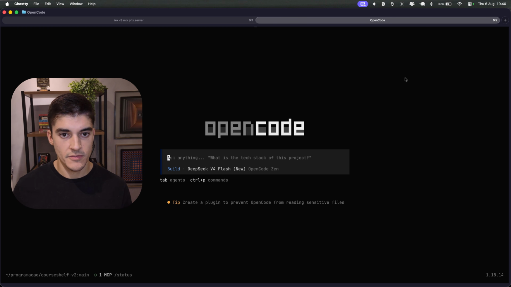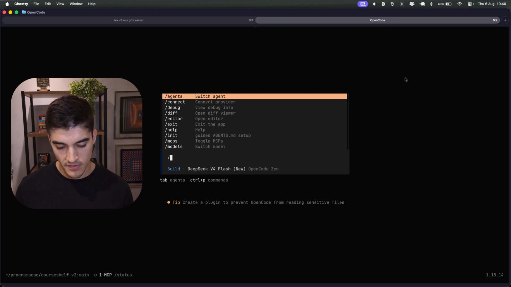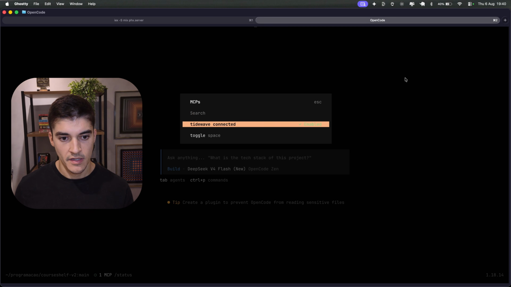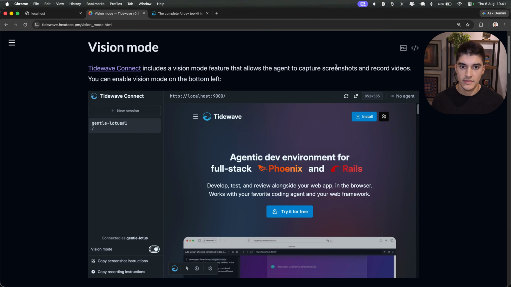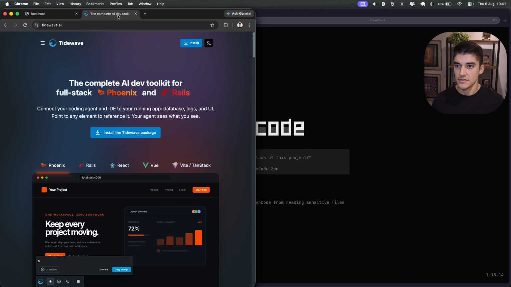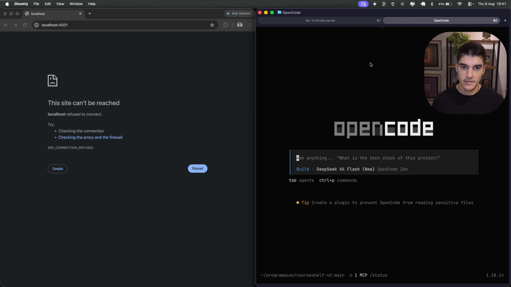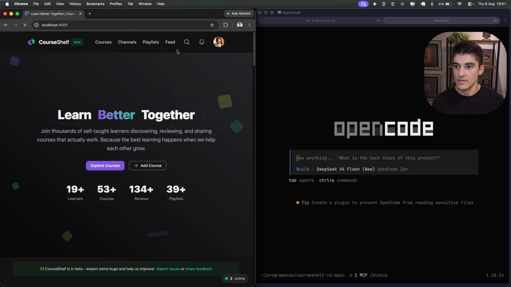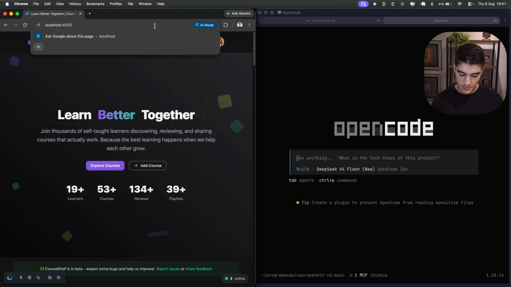The first thing that I want to test here is double checking if the Tidewave MCP is connected. So you can type /MCPs and you can see Tidewave connected. So now I'm going to move my browser tab to the left, my coding agent to the right. In my running server, I can refresh, and then I'm going to visit